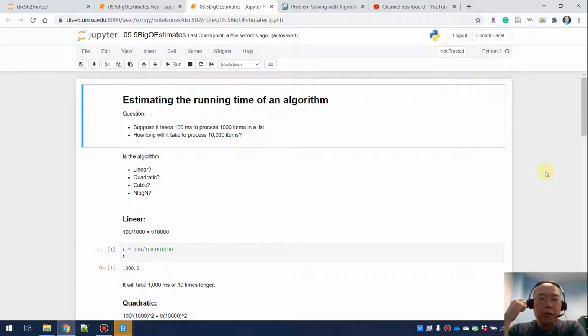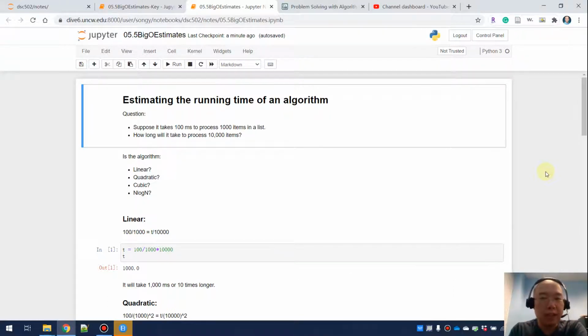Okay, we are going to continue our discussion about the running time and the big O's. This is a new Jupyter notebook, and in this one, I want to talk more about how, if we have an understanding of what kind of algorithm it is, we can estimate the running time. That's important because, say, you only run 1% of the dataset, and it runs for 5 hours, for example. And then your next question will be, do you want to run the same algorithm again on 100%